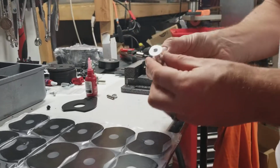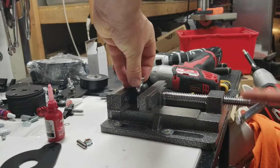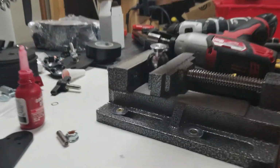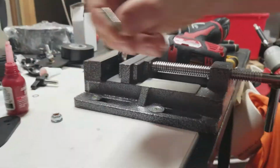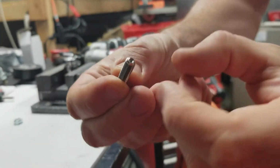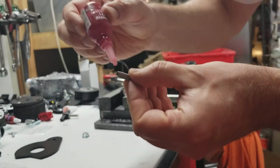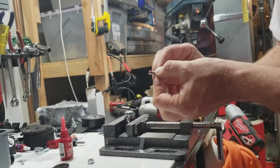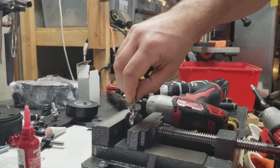Here's the VibeX mount. We take a ball and we put it in the vise there. You can tighten it down pretty tight. Okay. And then on the stud, there's the side with the hex drive and the solid side. The hex drive is the one we put down. So we put a little bit of Loctite on there, and you just kind of get that started about